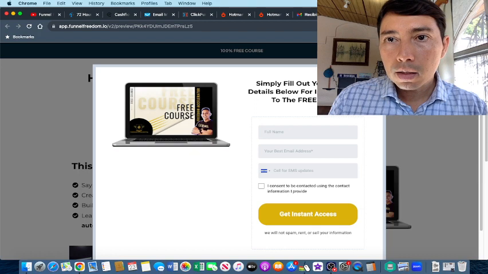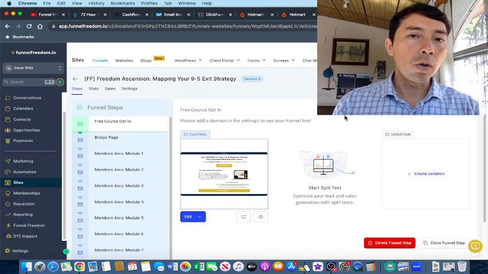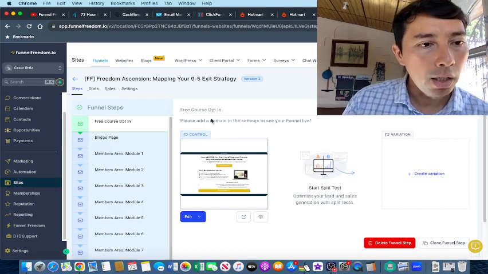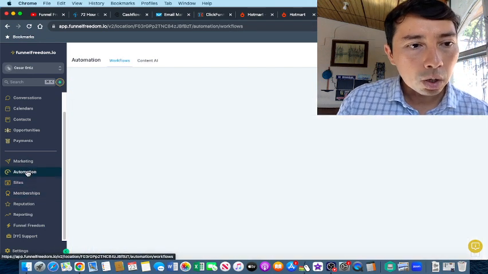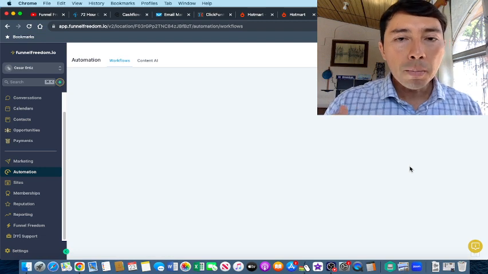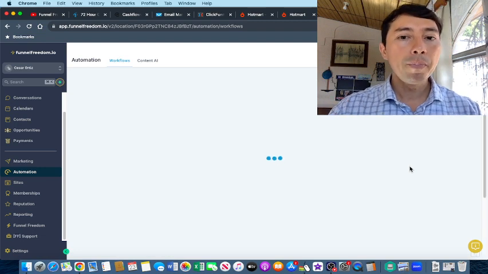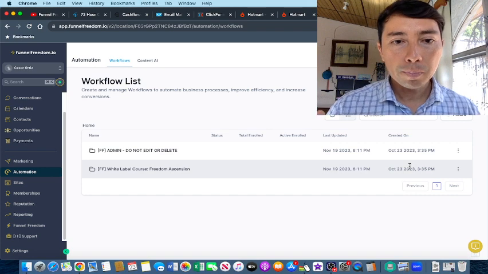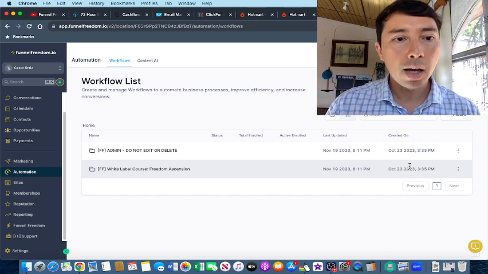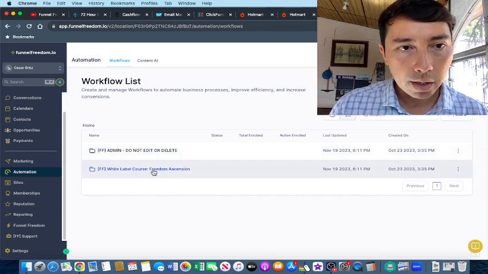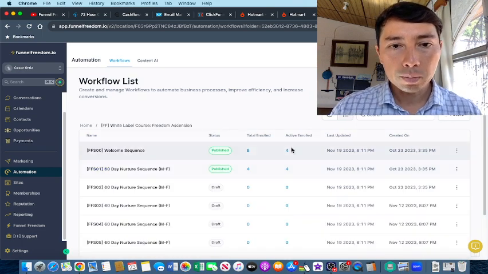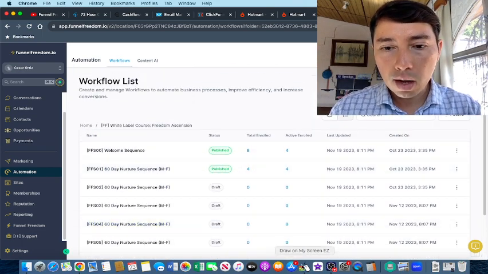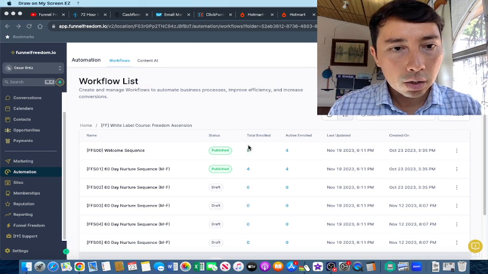Once the software has collected the name and the email, it has an automation workflow, which is basically emails that are already set up in this system, and it sends these emails automatically. So check this out. If I click here, this is the workflow list. If I click on the white label course, you can see that right now I have 8 contacts enrolled